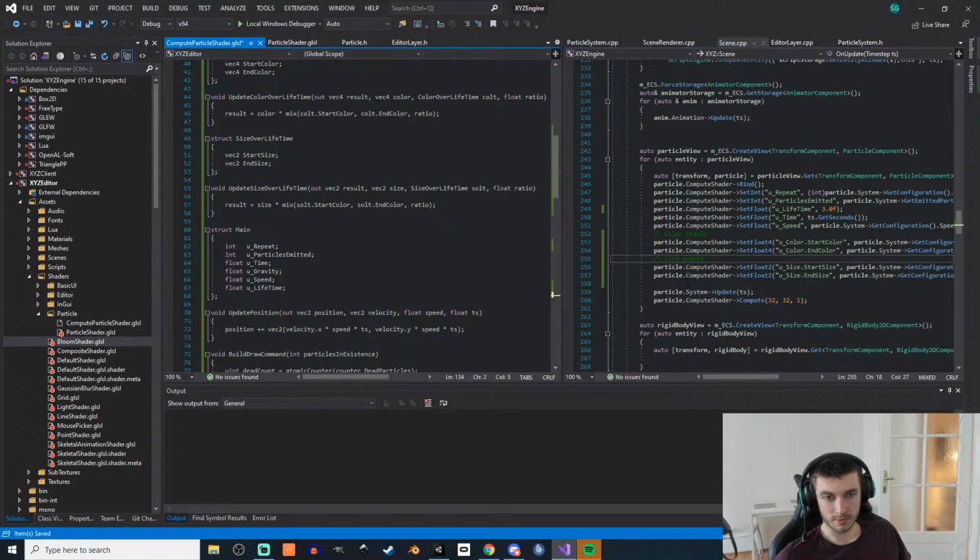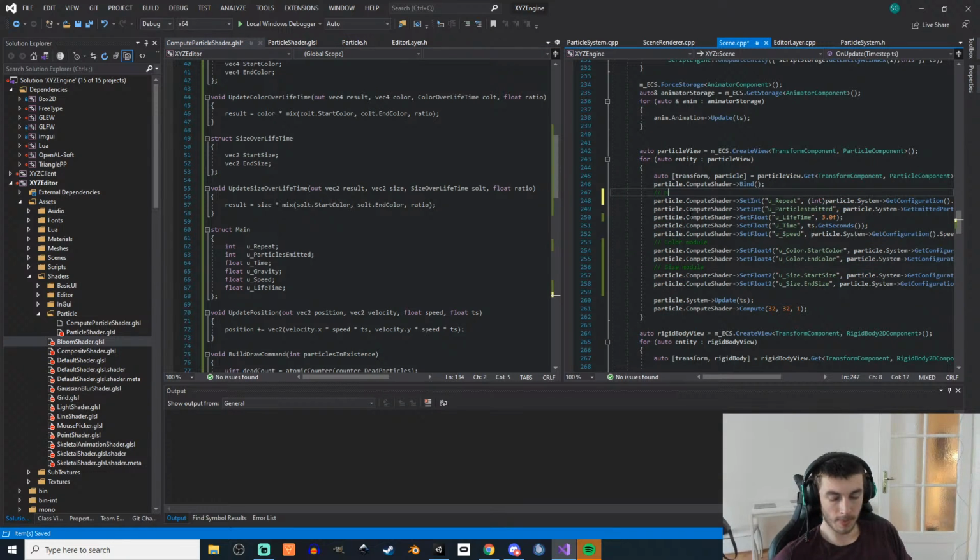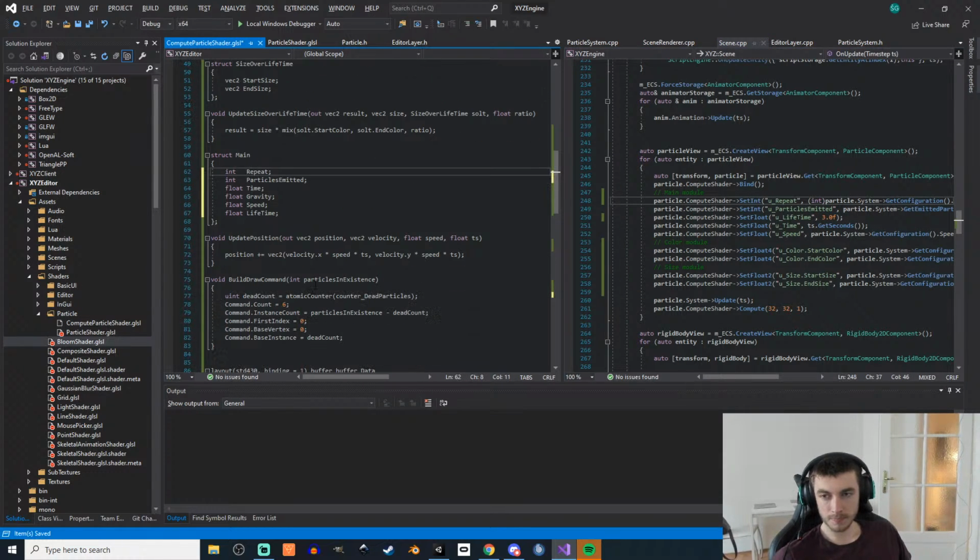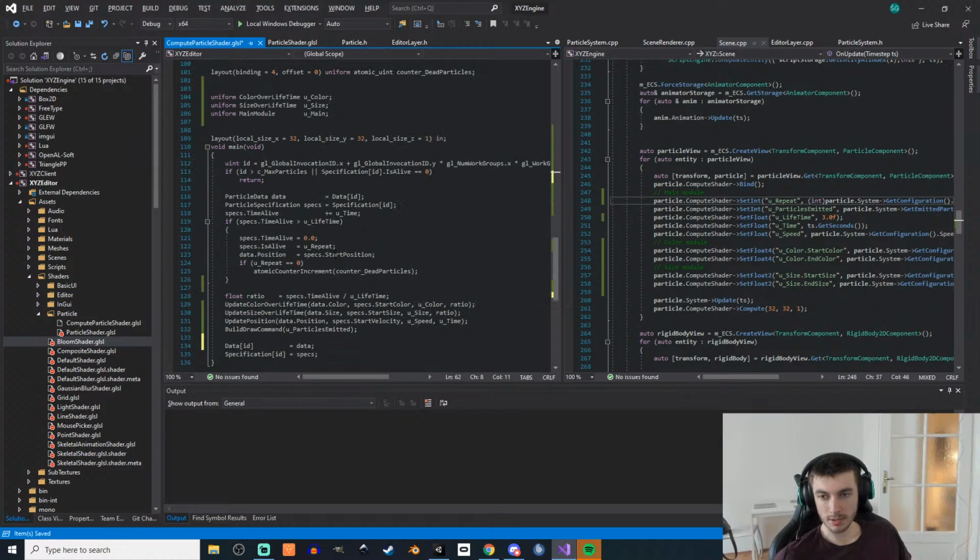This is fine. And now we need main module. Main module is here. So, and this is no longer used. And we also gotta change a few things here. It's uMain.time and main.lifetime,